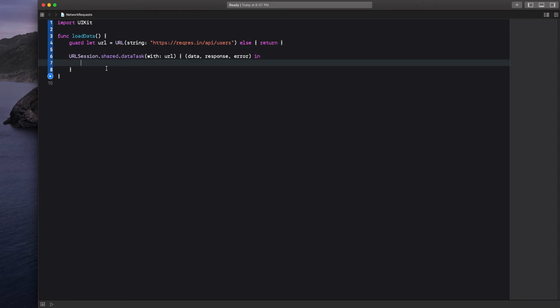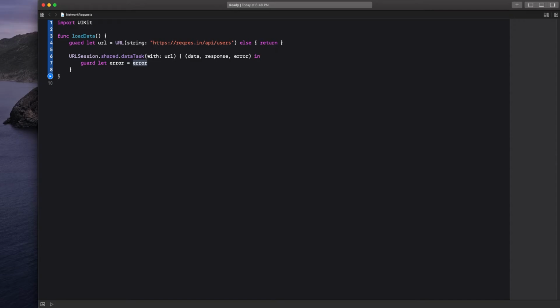So here we will check whether the request was successful or not. We know it finished, it's done, but we don't know what happened with the request, right? So the first thing we have to do in such a scenario is check for error, whether we have an error or we don't. So we will check the error object first, and we will check it using guard let,